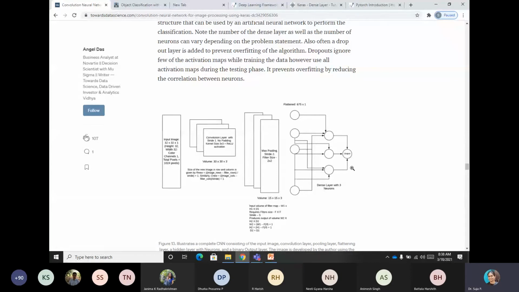Suppose you want to have 6 classes in your output or 10 classes in your output, then accordingly you can use a softmax layer. Here I would like to differentiate between the sigmoid and the softmax. In case of sigmoid, the value from minus infinity to plus infinity will be squashed to 0 to 1, and then any value between 0 to 1 will give a probability of the membership of the element belonging to that particular class.